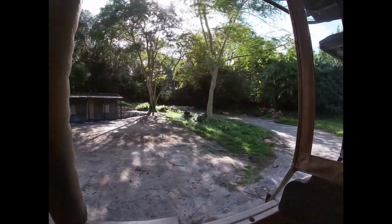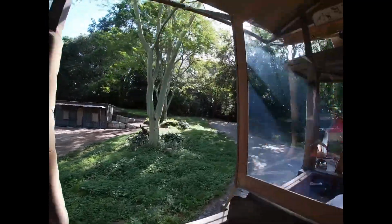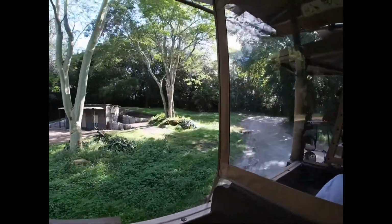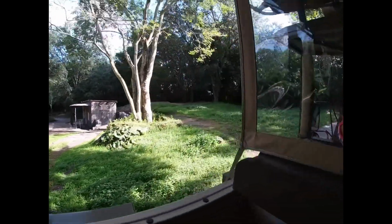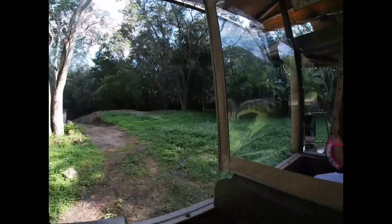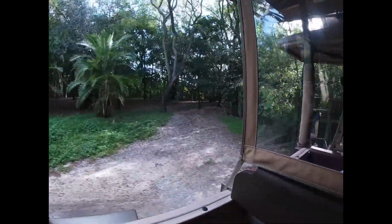Now, the gates to the reserve are just ahead, and that does mean this concludes our safari. But we want you to come back. No two safaris are ever the same, and the animals will make sure of that for you. You just never know what you're going to get. Trying to save and protect